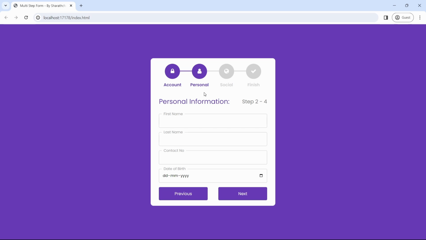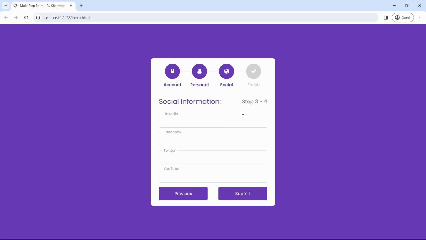Here in the next step, we can see the personal information with step count says 2 of 4 that contains first name, last name, contact number, date of birth with date option too. Along with this, we have two buttons here. One is previous and another one is next. As we know already what the next button will do. While clicking the previous button, this will switch back the form from personal to account and it will remove the step and root color too. While clicking the next here, we'll navigate the form from profile to social